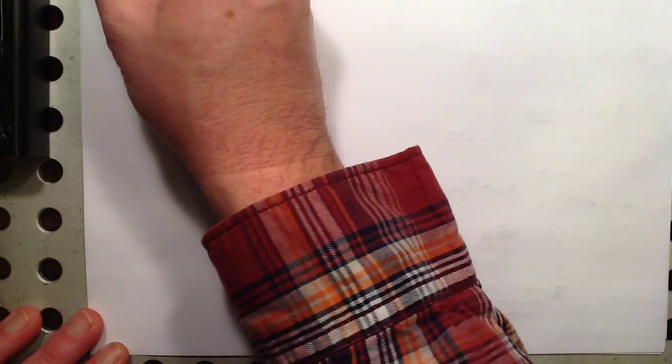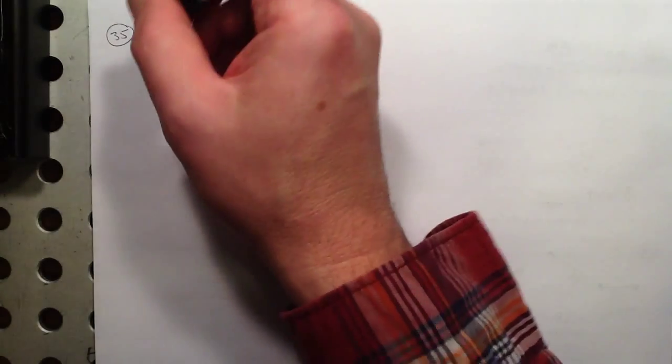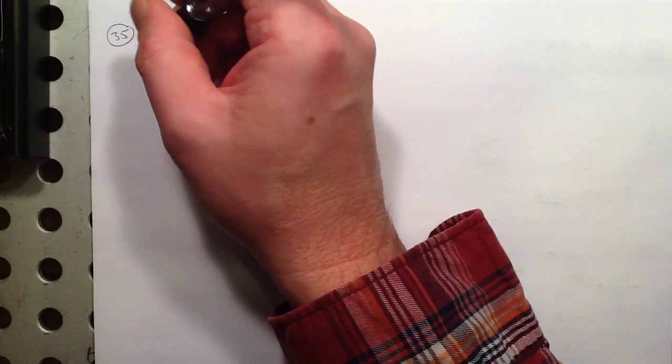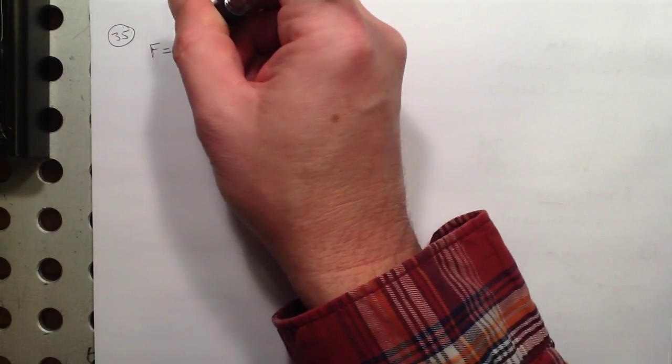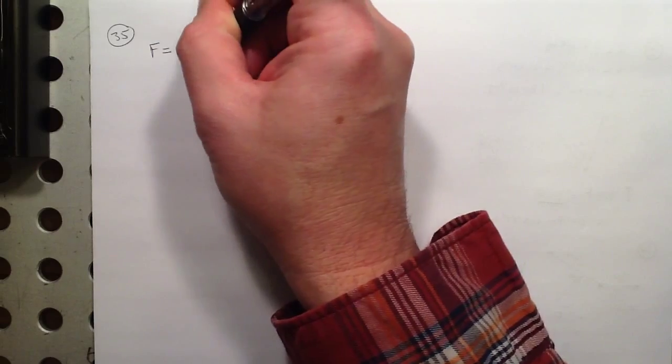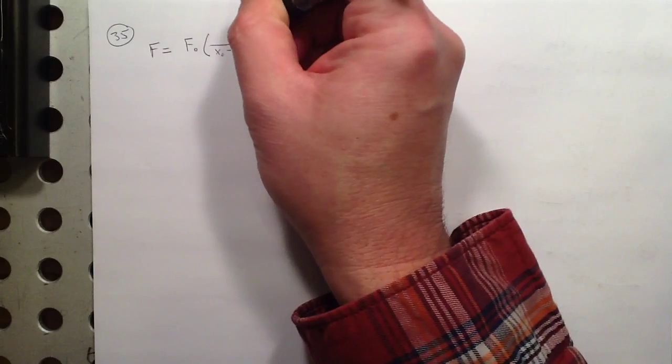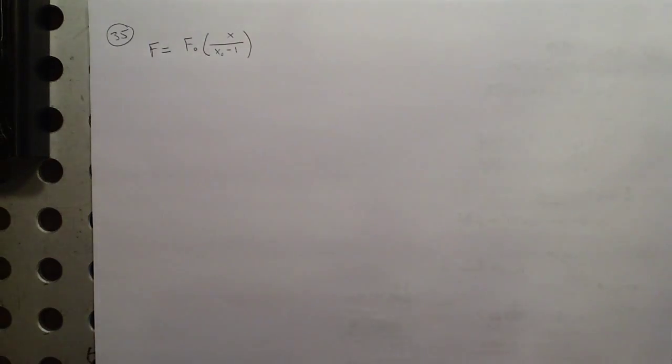All right. Next we have number 35. And I think this is the section where we have variable forces, right? I like these problems because they involve calculus concepts. So 35, the force on a particle is directed along an x-axis and given by force is equal to F sub 0 times x over x sub 0 minus 1. And we want to find the work